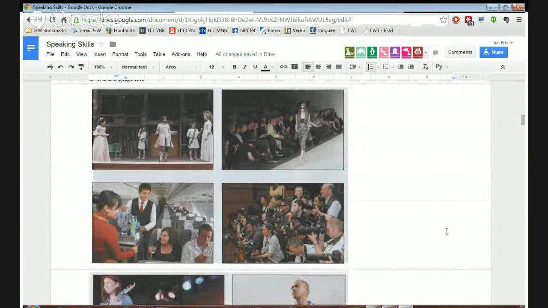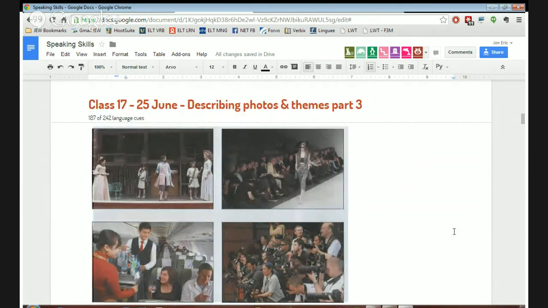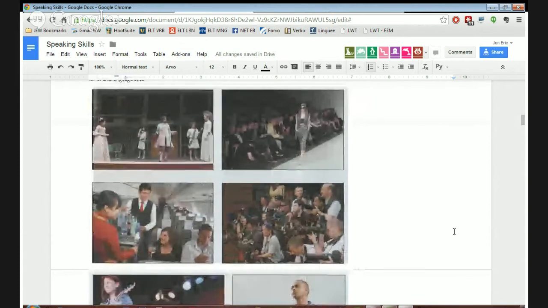It's quite clear that in the picture on the bottom left, you can hear music, whereas in the picture in the top right, we cannot hear music.